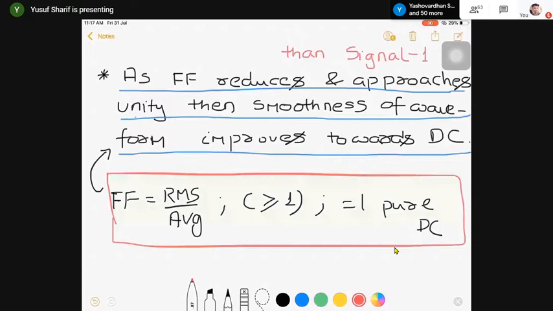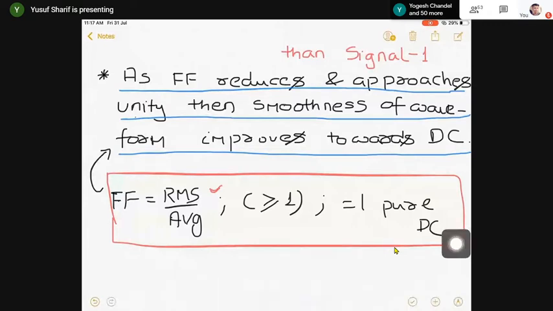This is the extra information that you get. ठीक है? Okay. And what is the information? We get information regarding the shape of waveform. Form factor क्या है? It gives the information regarding the shape of waveform. एक अंदाजा लगाते हैं हम shape के बारे में. What is the shape of that? What is the waveform? That is about your form factor.